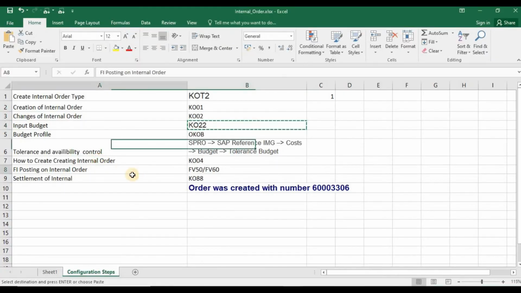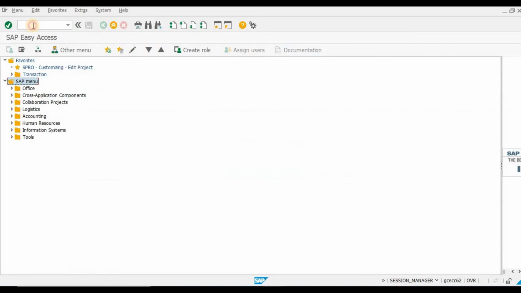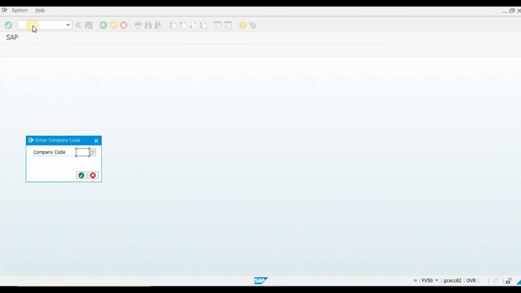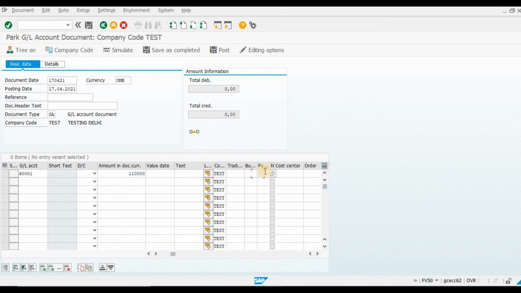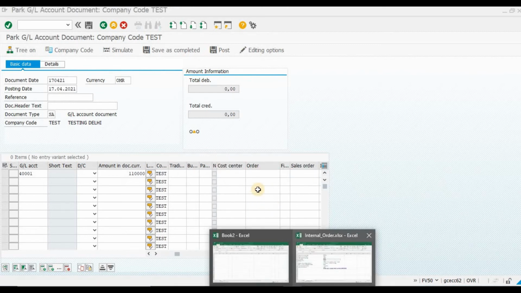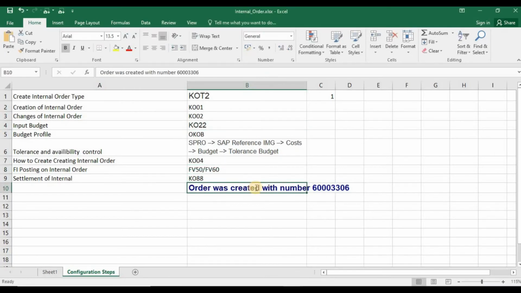So now let me do the entry through FV50. INR, GL code 4, then so our budget is 10,000. Now I am going to put 11,000. Order number here.